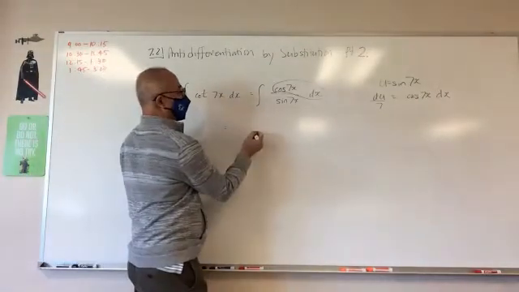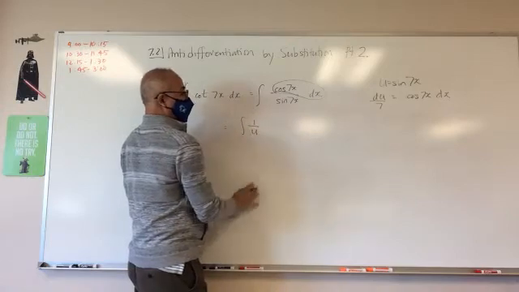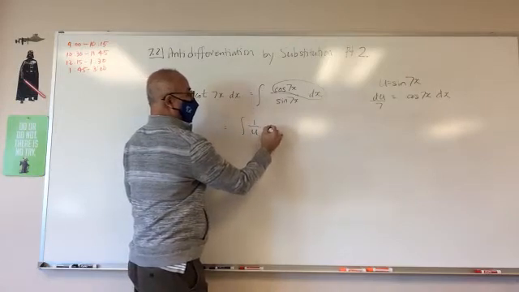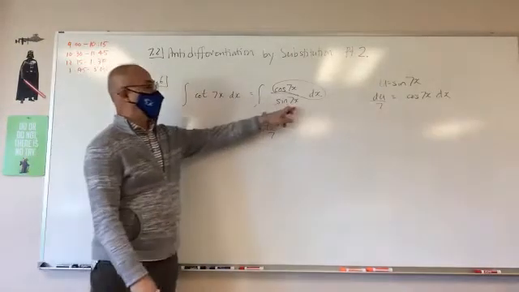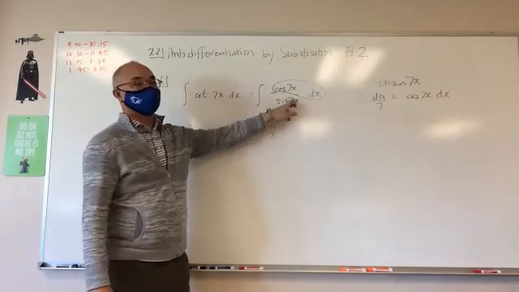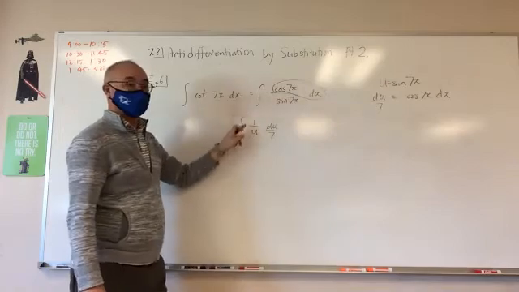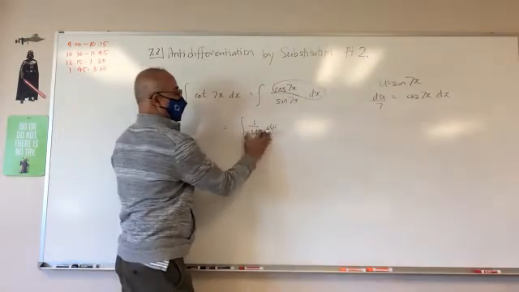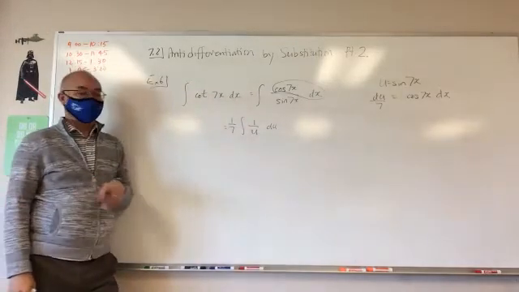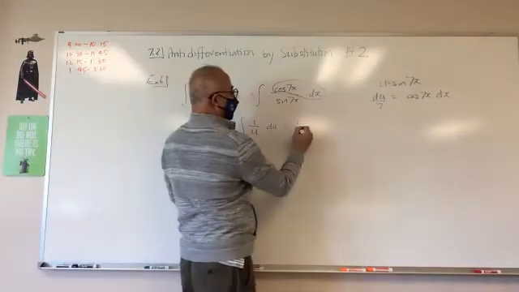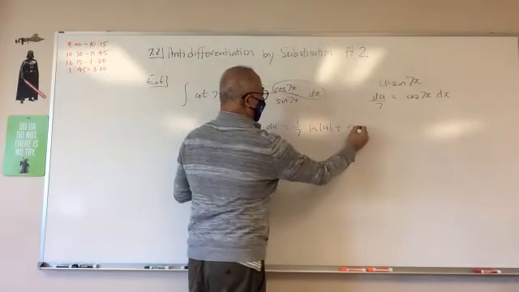I got 1 over u, and then I have du over 7. That's where the 1 over u comes in. So I'm going to pull this 1/7 out. So this is going to be equal to 1/7 natural log of u plus c,